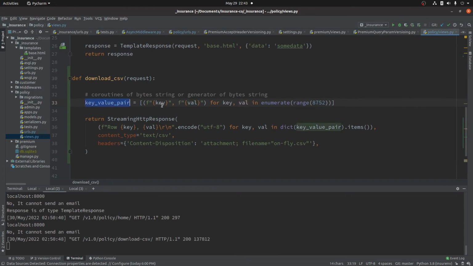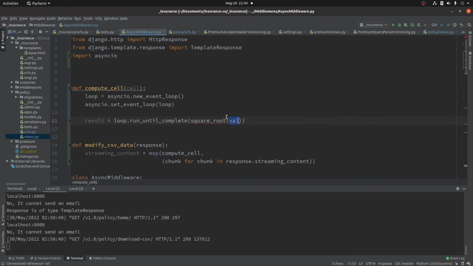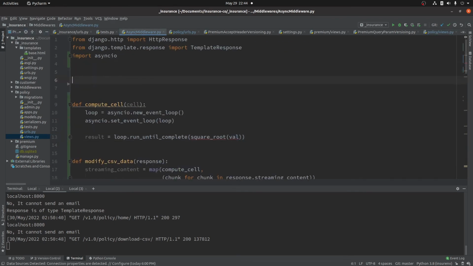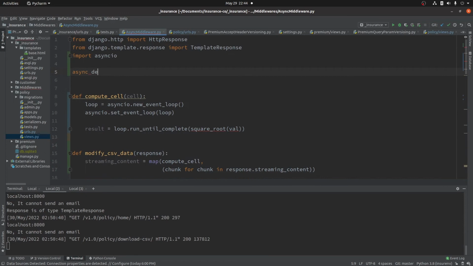As you can see here, we have the key and we have the value. The key will be named row key and the value will be an integer. We want to get the square root of this integer before we write it to our file, fly CSV. That's the goal. So let's create a function called async def